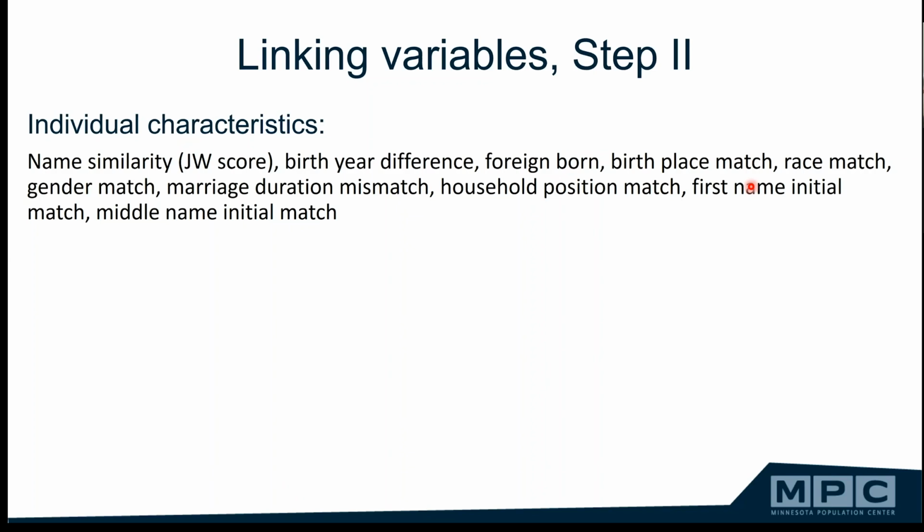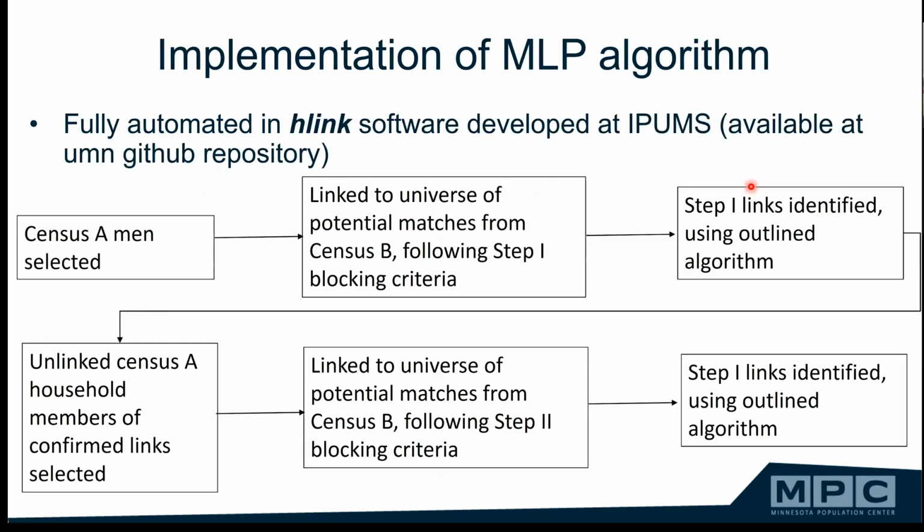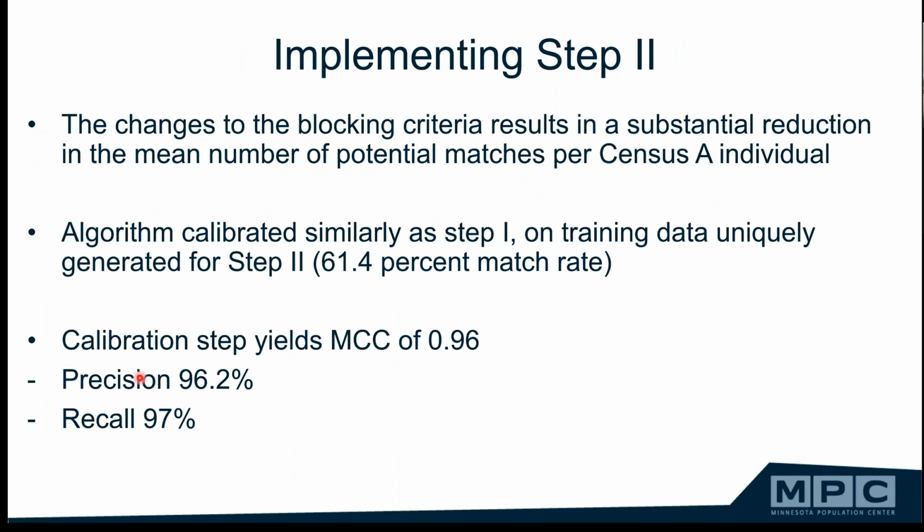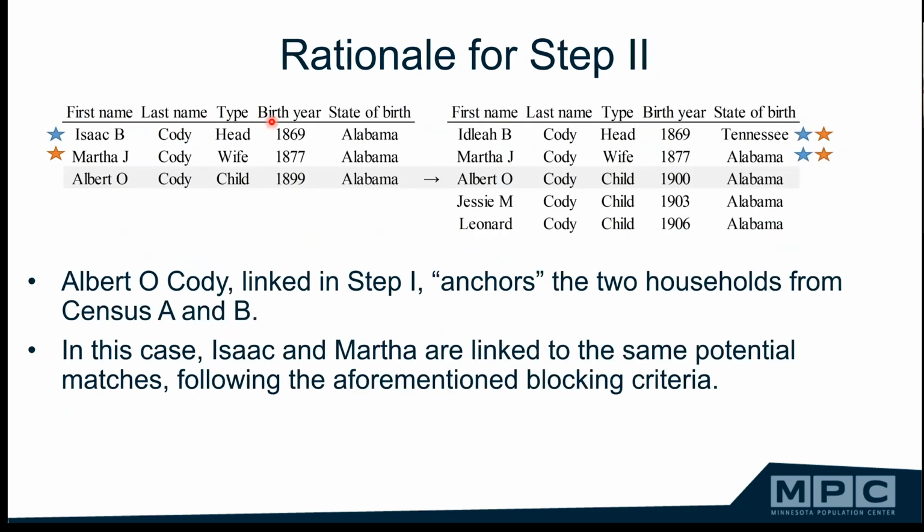I have a quick clarification question. When you're talking about matching rates, can you confirm, is this the portion of male matches? No. You mean here, the precision? Or here, match rate. No. So sorry. So the step 2, where the training data set is both men and women. Men and women from households where we've been able to anchor one individual. Okay? Thank you. So in step 2, we're linking both men and women.